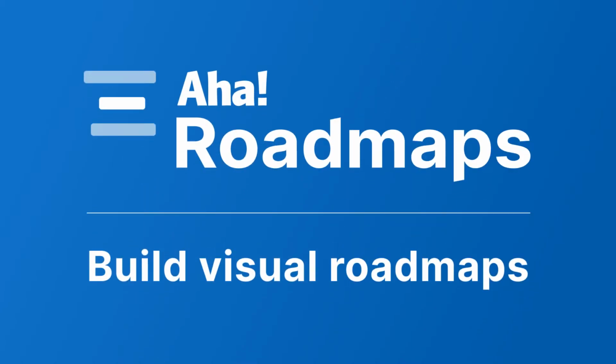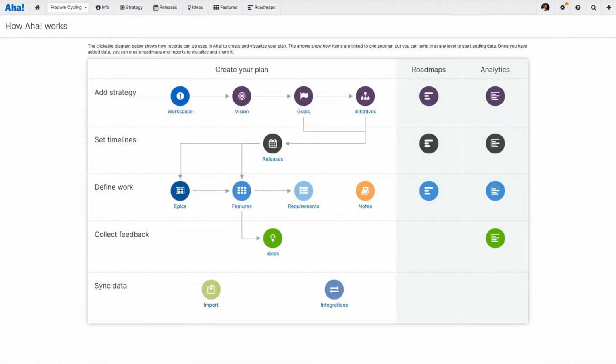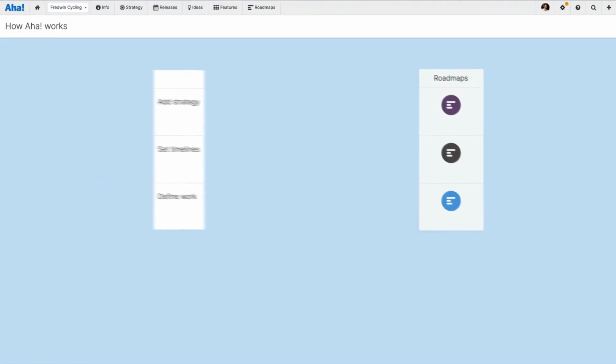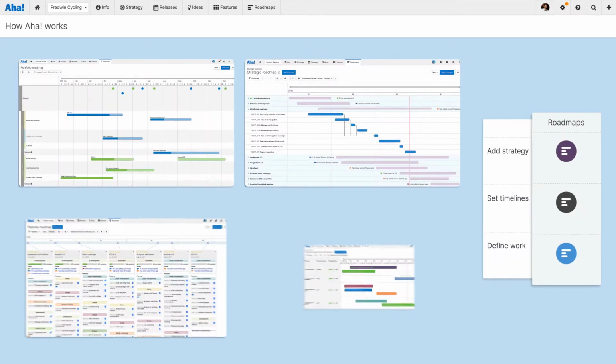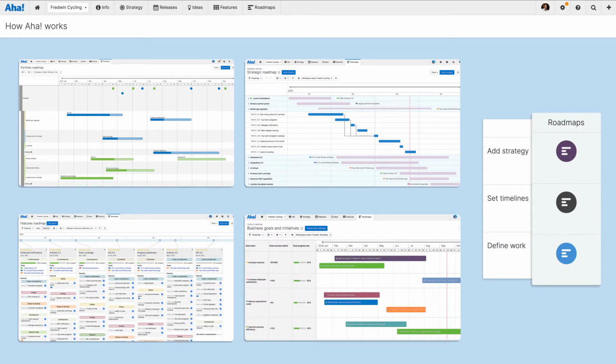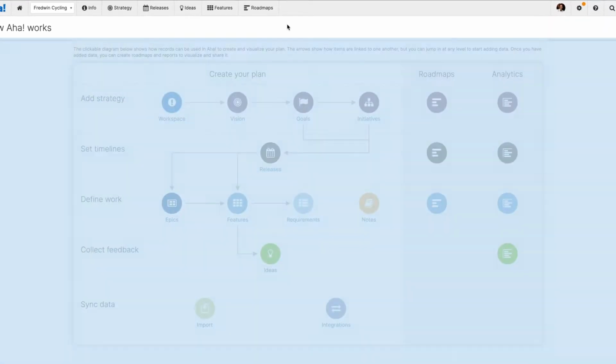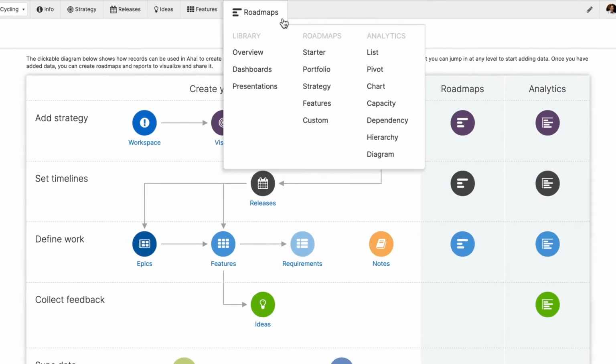As you know, it's vitally important for product teams to communicate what you're going to build and when, so you can keep the broader team aligned. So today, we're going to take a look at how you can visualize your product plans. AHA Roadmaps makes it super easy to enter your data once, choose the perfect visualization, and then share a live version with others. Sounds good, right? Let's explore your roadmap options.